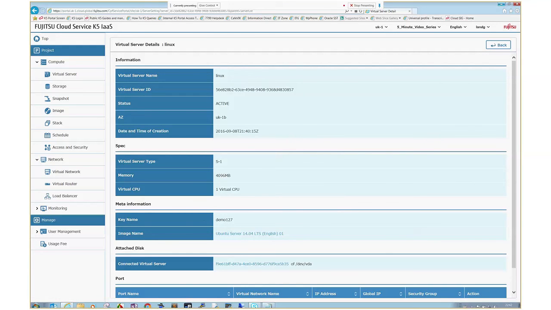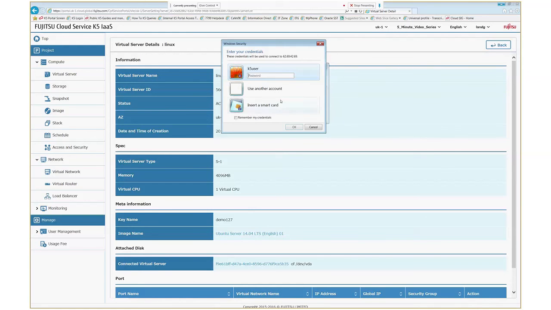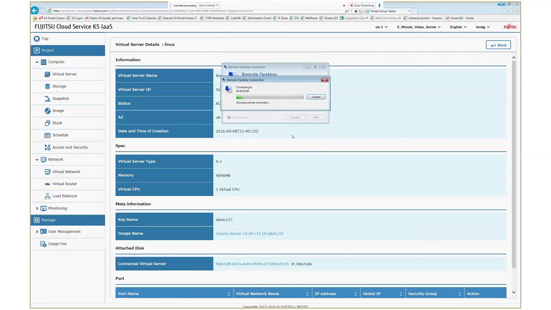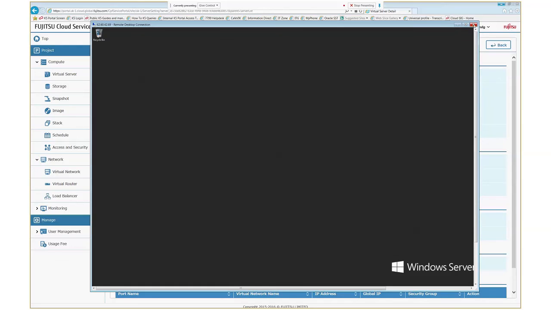Okay, so we can try our Windows box, see if Windows has booted yet. What IP address did we give Windows? I think it was 69. Okay, and then password. Okay, there we go. And it's up and running. So that's how you build a Windows box and connect to it. And then the last step is just to SSH in onto the